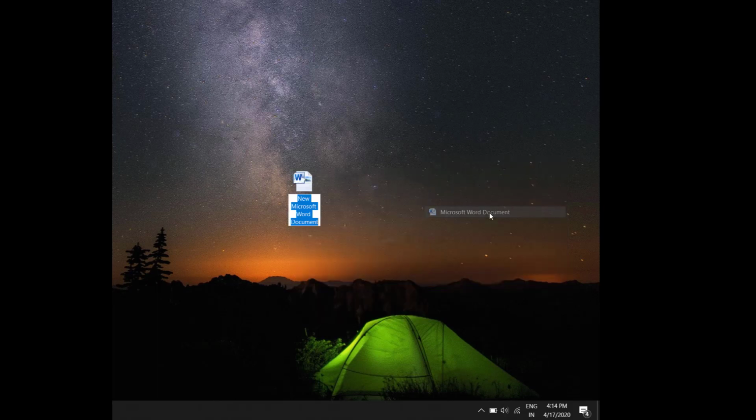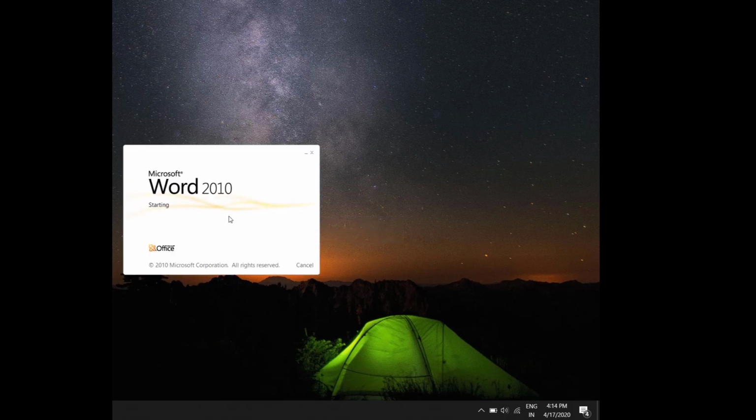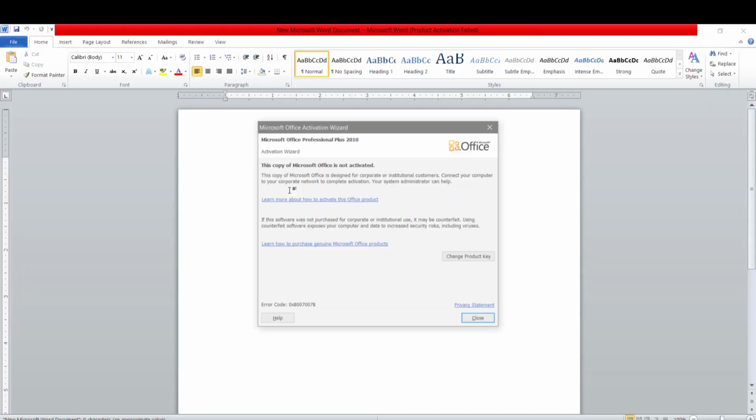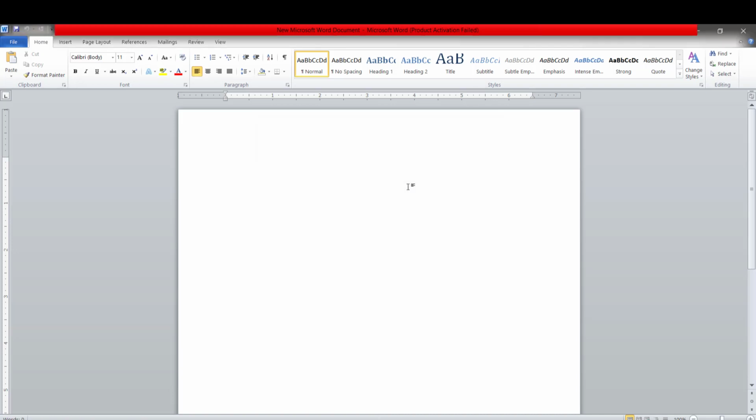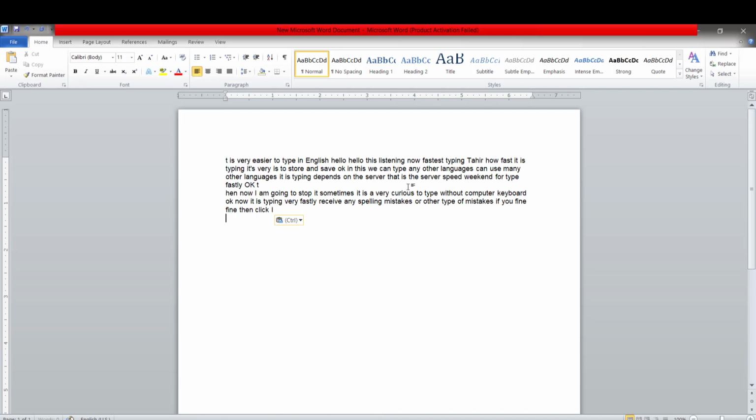Now open the Word document. Then just copy and paste. Paste here. Whatever we typed in the Google document, we can easily get in the Word format, and then we can edit. Then you can easily take a printout of this copy. This is a very easy mode of typing.